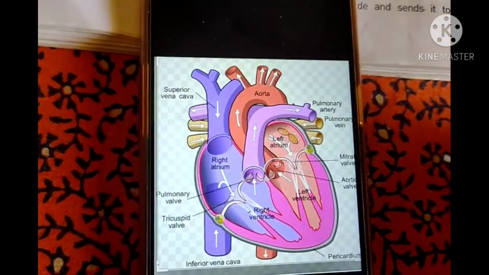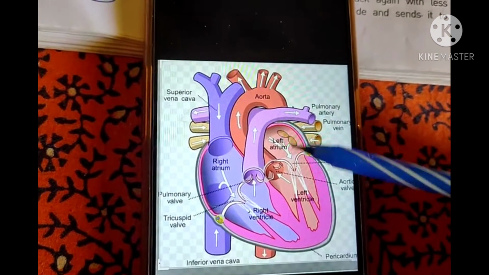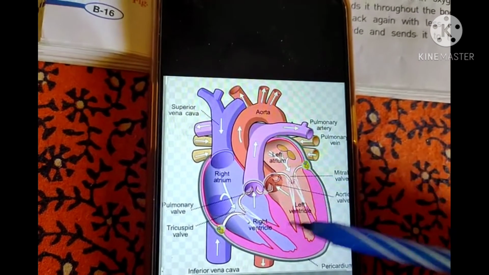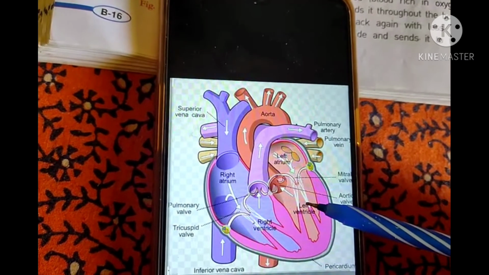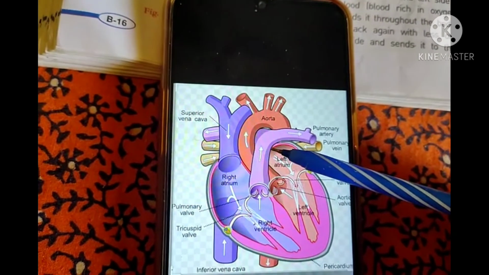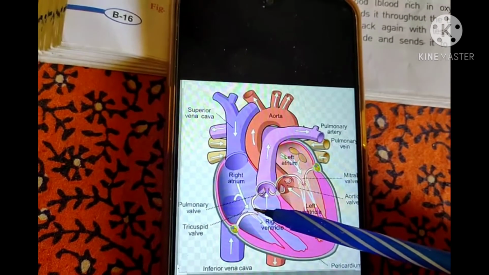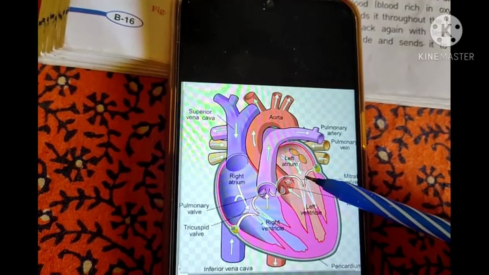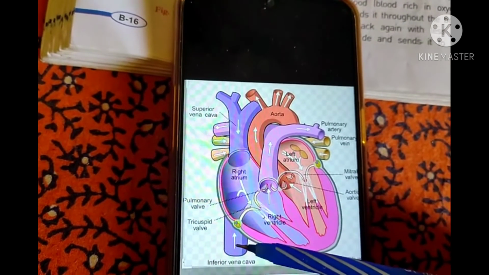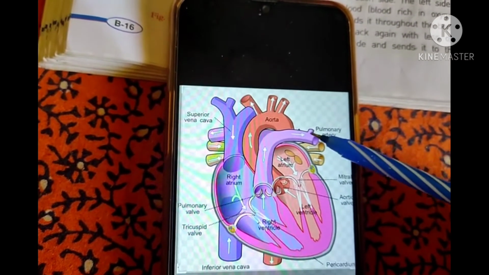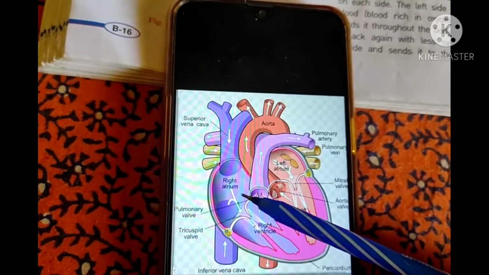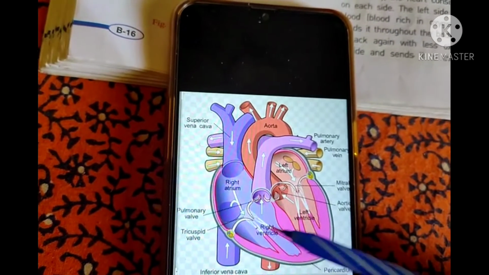And this structure of heart is, it is a double story house like this, 1 2 1 2, and then the ground floor are right ventricles and left ventricles, and the first floor right auricles and left auricles, and here these are valves, and this is superior vena cava and this is inferior vena cava, pulmonary artery, pulmonary veins, aorta, and right auricle, left auricle, right ventricle, left ventricle.